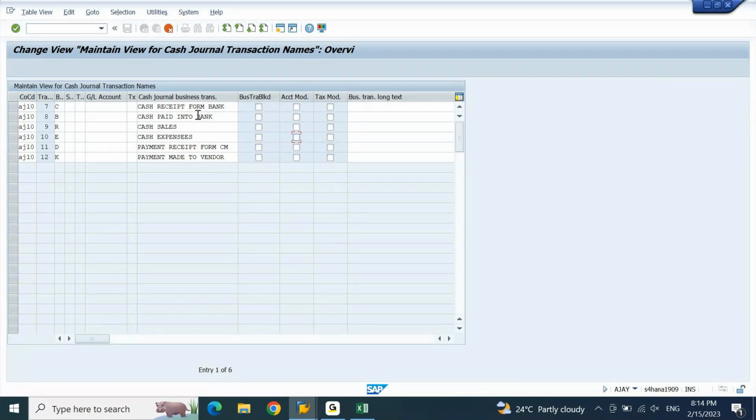Cash receipt from bank. When do you receive cash from bank? When you withdraw from a bank, you will receive the cash. If you are fine with this description, you can proceed with this. If not, you can change the description of it according to the business requirement. Let me make it very simple. Cash withdraw